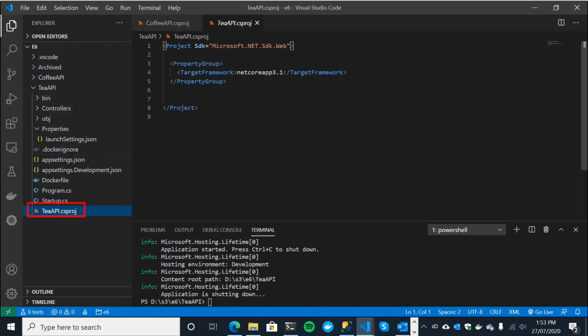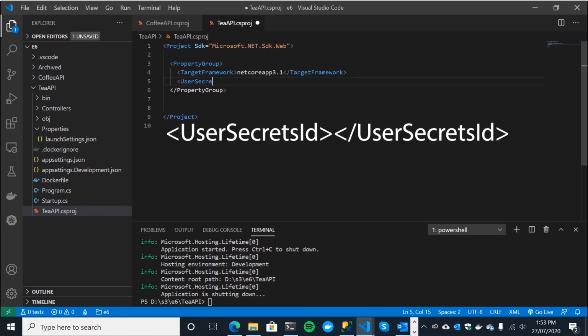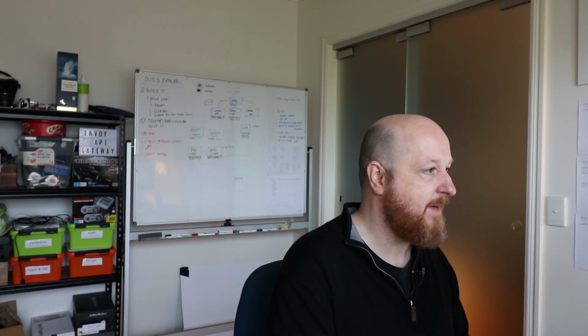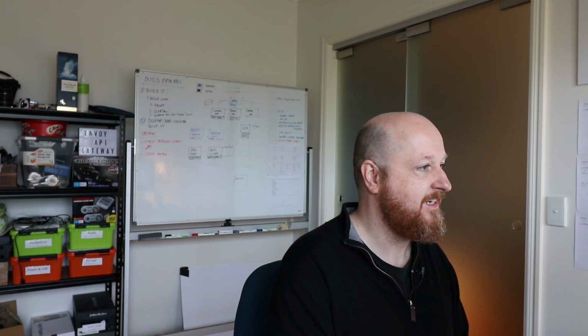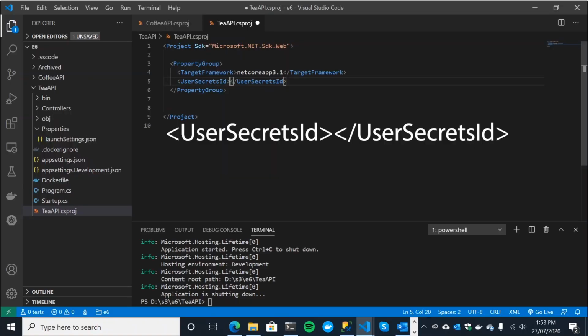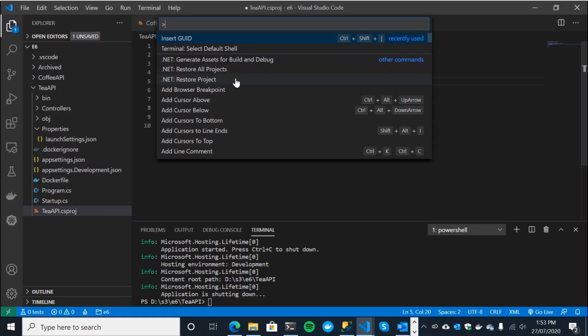And come to the T API CS proj file again, user secrets ID. I'm just making sure I wasn't doing a Forrest Gump impression. Life is like a box of chocolates, user secrets, user secrets. Yeah, I won't ever do that again, that was terrible.